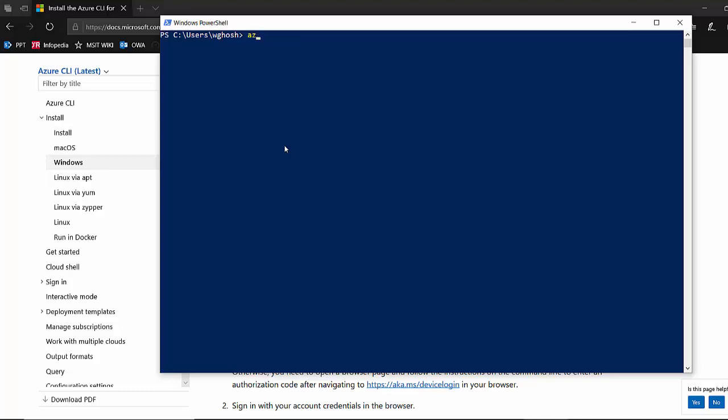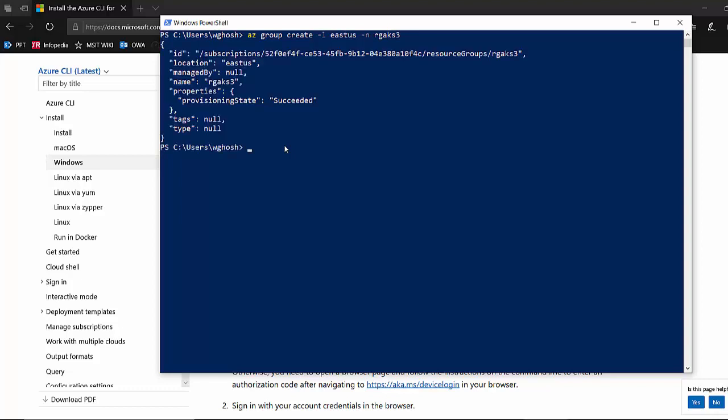To begin with, I'm going to create a resource group. I'll say az group create, and I will choose a location, let's say East US, and give it a name, let's say RG-AKS3, and this will take a few minutes to create the resource group. Resource group creation is fast, and you can see that the resource group is created, just a blank resource group. Now inside that resource group, the first thing I'm going to do is create